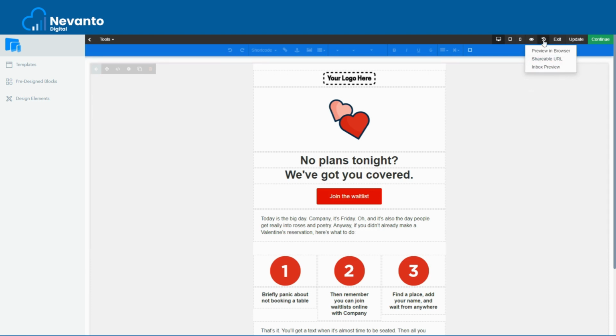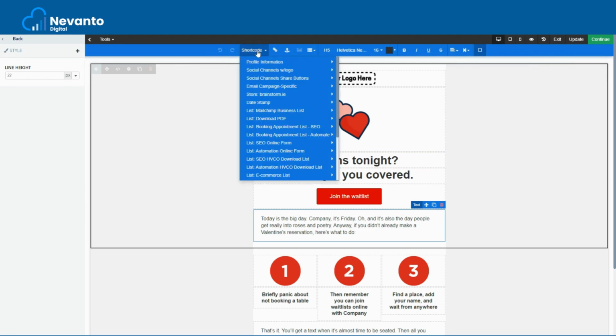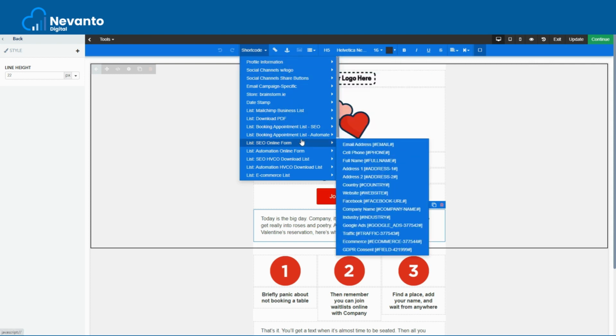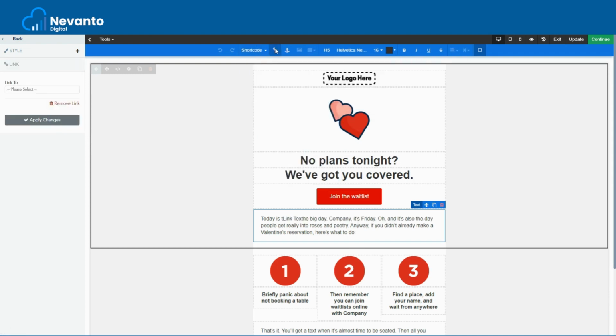Now, we also have, if you see here, a version control. So this saves all the different versions you have saved on this email. So again, you can just quickly look back and see all those. Now, just on the toolbar here, if we just scroll onto one of the text pieces here, you can see there's an undo and a redo button. And we also have shortcodes, which we went through on another video. Just your different lists if you want personalization pieces with the different fields within that. And we also have